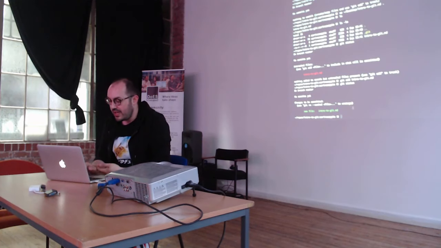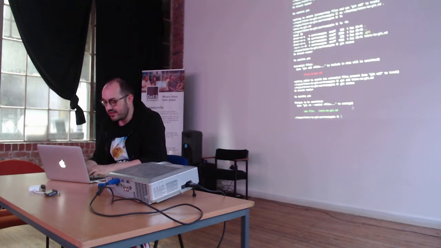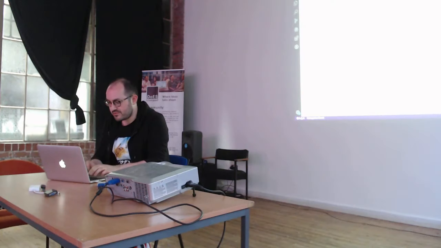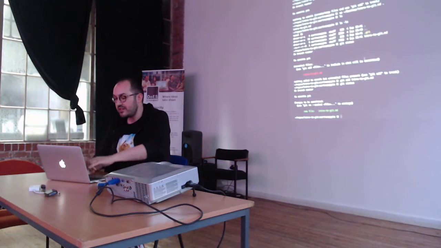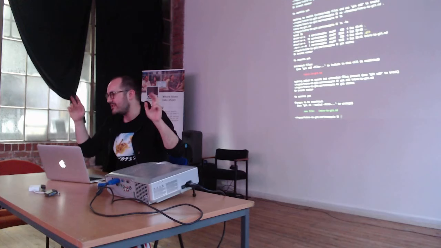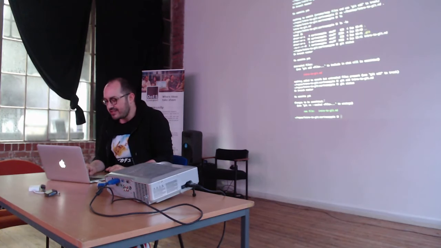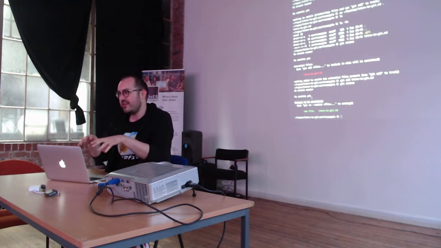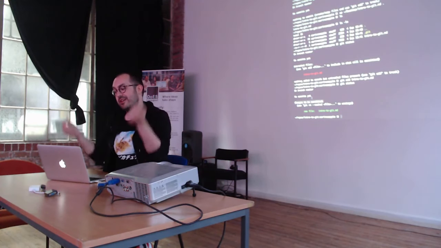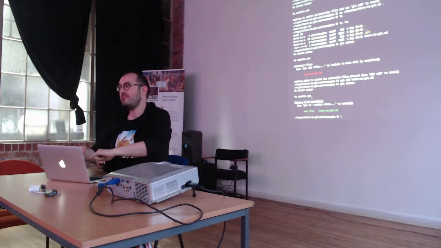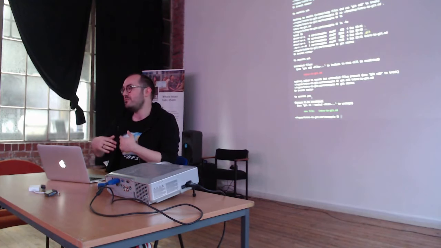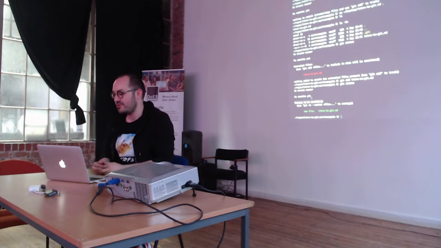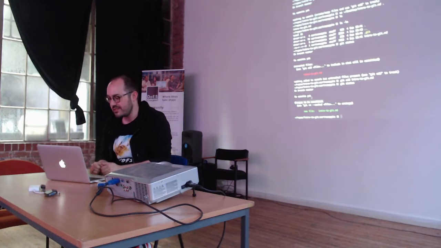So if I did, no, I won't. I'll show that later. But all we've done is added it to this staging area. It hasn't actually, there's no commits. We haven't done anything yet. We've just told Git, okay, we want to do our first commit. And this is what we want to commit. Because you might have multiple changes in multiple files that you want to bundle together into a commit. I'll tell you what commits are later.